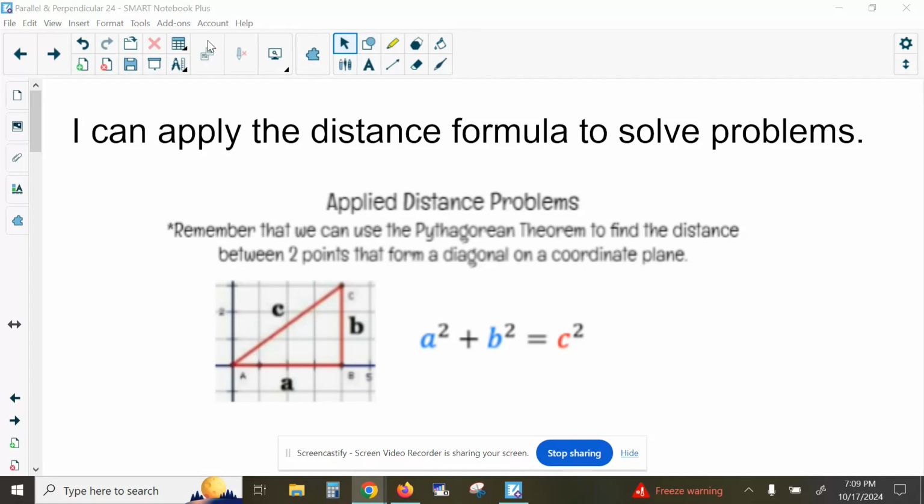Okay, so make sure you have your foldable. It's called Applied Distance Problems at the top of it. So remember that we can use the Pythagorean theorem to find the distance between 2 points that form a diagonal